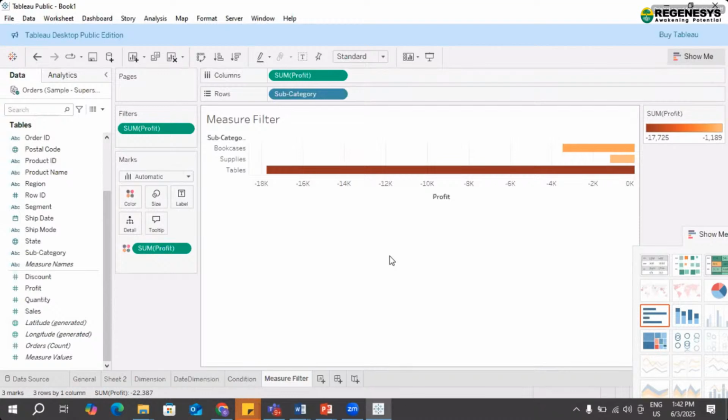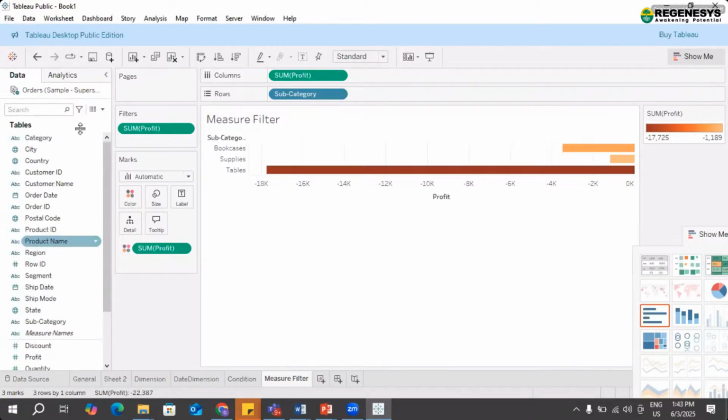Okay, so this is how we are creating filters. I hope everyone now understood what the filters are, how we apply the filters. See, this is something which we have taken in very short. So you can even apply it on other fields also. You can apply it on product name, region, ship date, states, or any other measures also, like sales, discounts. Just give some time afterwards, and you can use all these measures and filters to do the filtering.